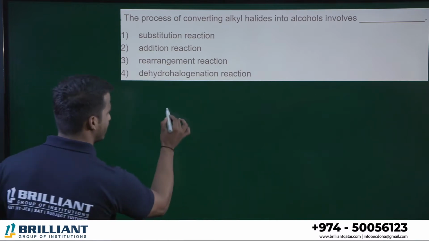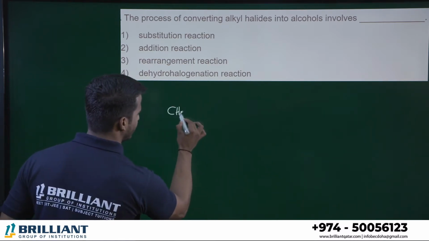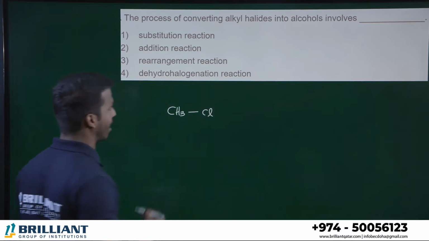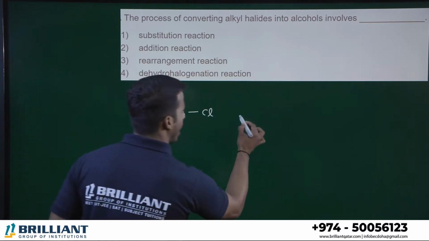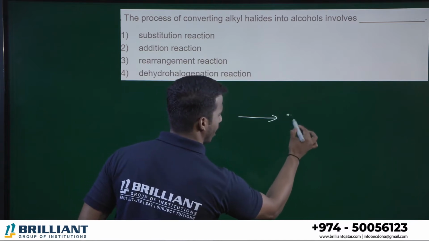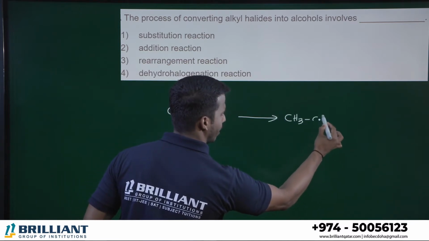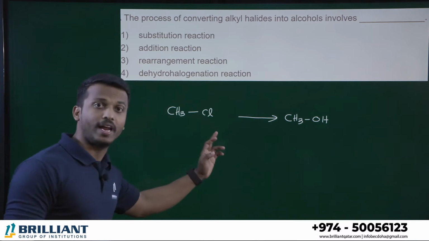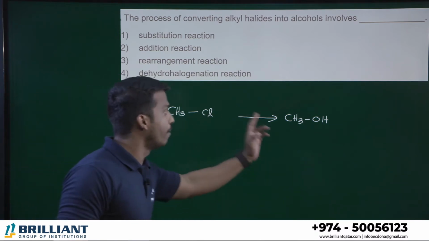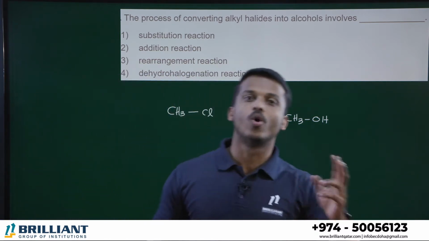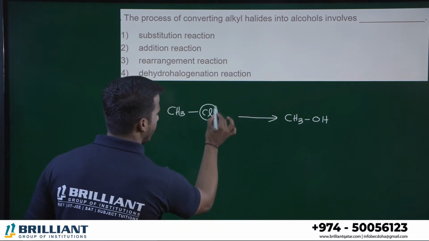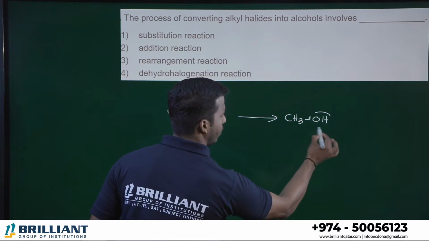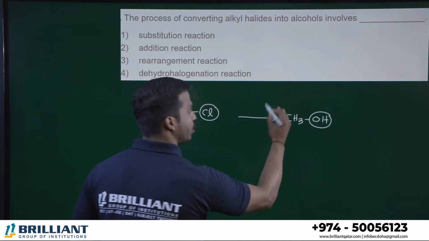Let me take one example of an alkyl halide, for example CH3Cl, methyl chloride. This is a haloalkane, and we convert it into alcohol, for example methanol. Methyl chloride, we can convert it into methanol by what reaction? Here we have chlorine, and we are substituting it with an OH